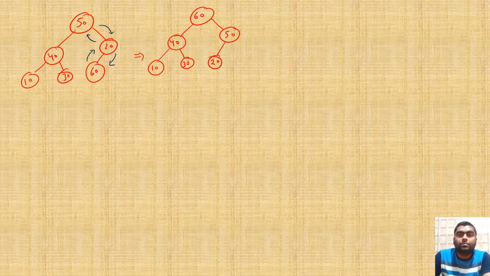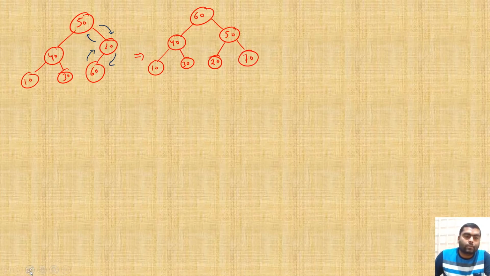Okay, fine. So the next value to be inserted is what? 70. So what about 70? 70 is to the right of 50 according to the almost complete binary tree. Now the problem is what? Here the problem is at this particular point, and here the problem is at this particular point. So where is its correct place? Above. And its parent's correct place too, because 70 is also greater, and this will come here and this will come here. So finally, what will be the resulting tree?